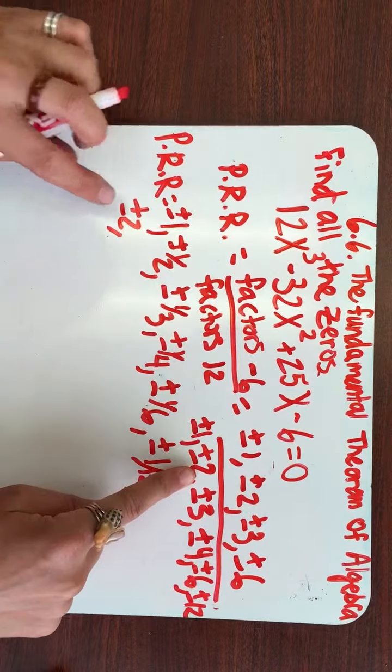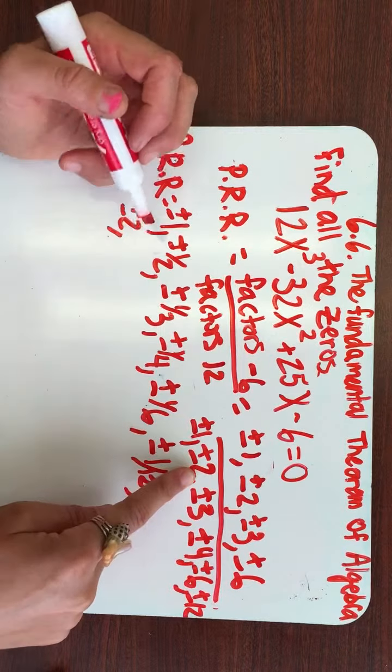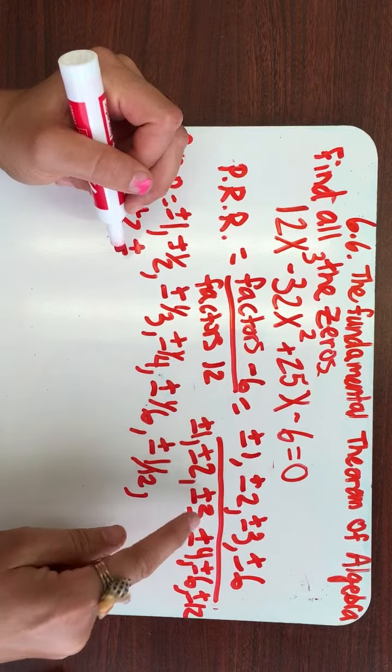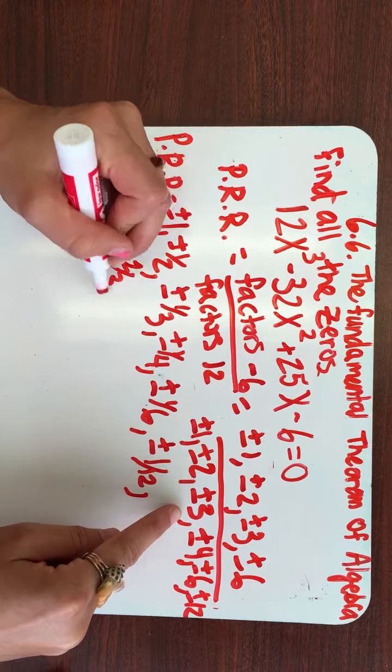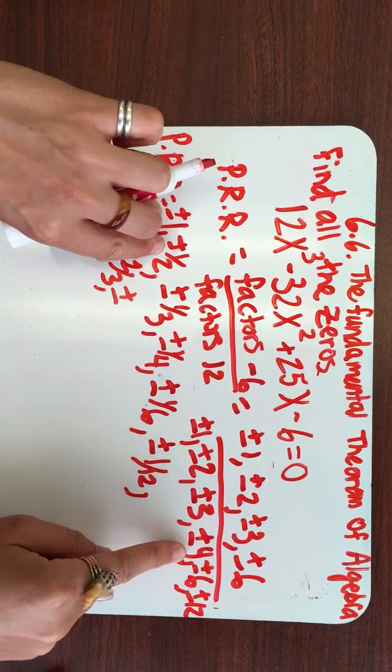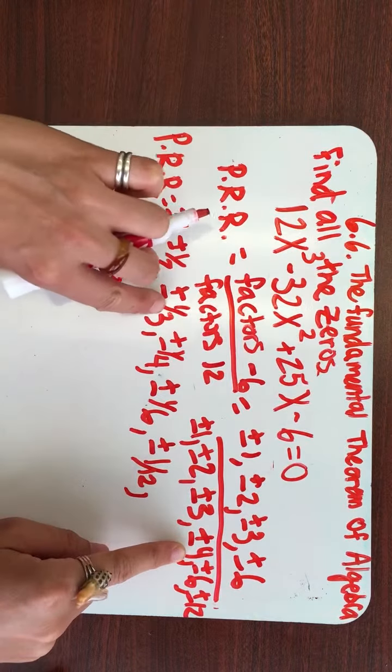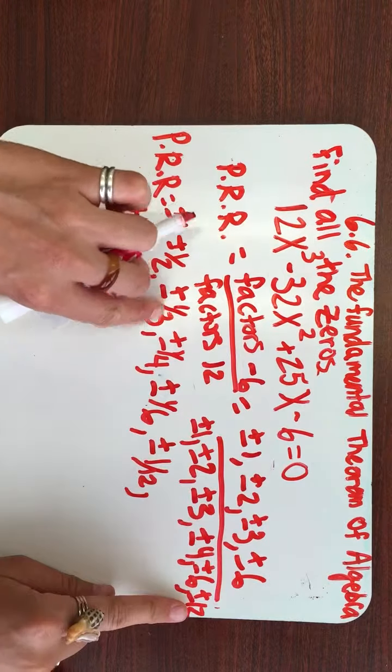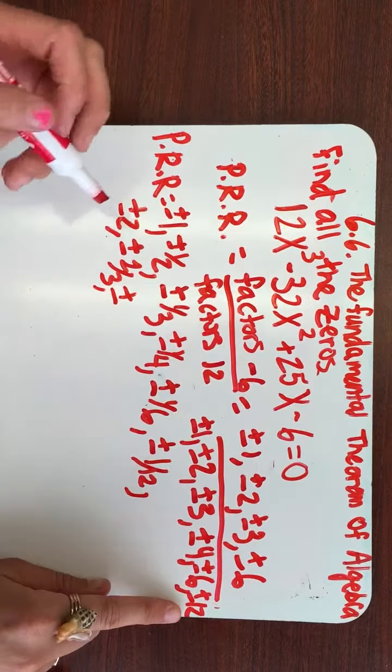2 divided by 2 is a 1, which we already have, so we don't have to rewrite it. 2 divided by 3 is 2/3. 2 divided by 4 is a half, we have that. 2 divided by 6 is a third, we have. 2 divided by 12 is 1/6, we have. Moving on